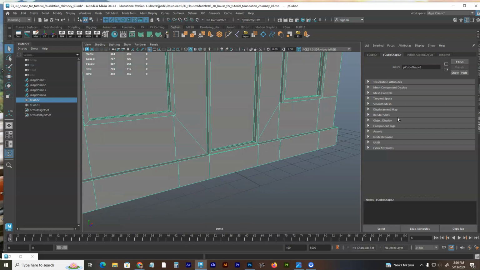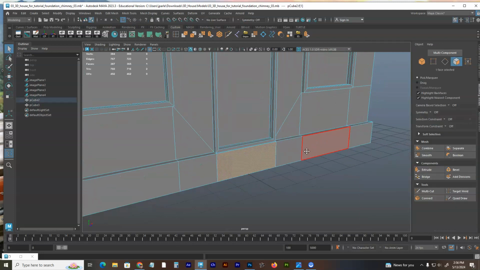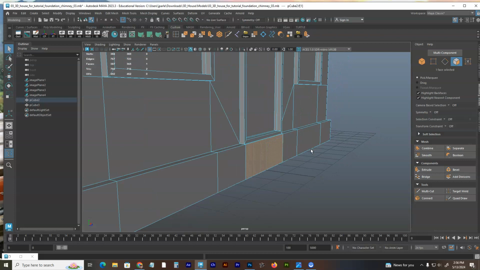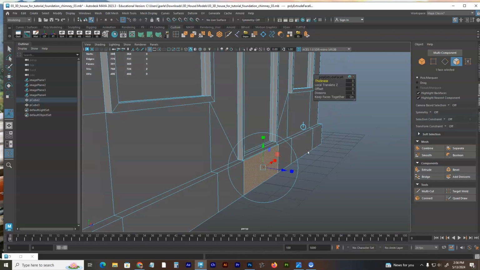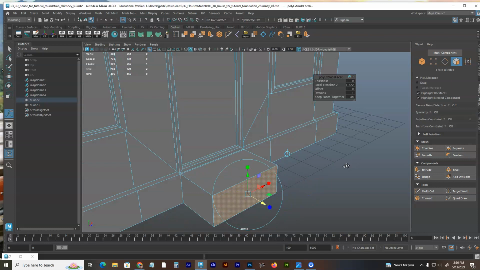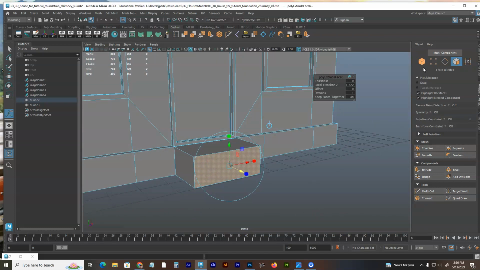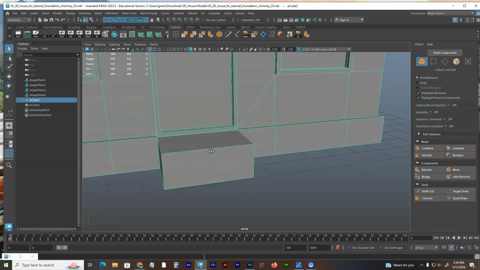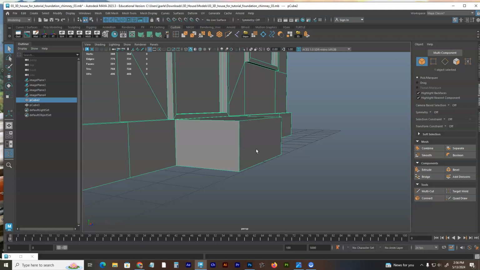So I'm going to select by face, go to my modeling toolkit, select by face, and select that front rectangle. Now we're going to do an extrude, and usually the top step going into a house is a bit larger than, let's say, the top of one of the stairs, so I'm going to pull it out quite a bit. And then, again, anticipating going forward and extruding another face out of this, we need to create a smaller